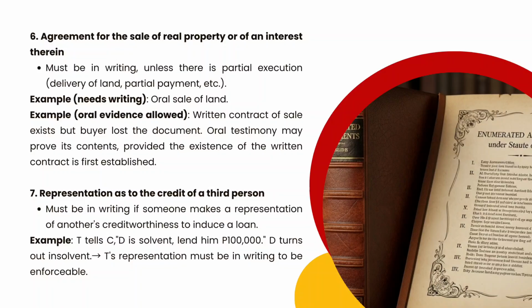It is necessary, however, that B first present proof that the written agreement really existed. 7. Representation as to the credit of a third person. Example: D is seeking a loan from C. T represents to C that D is solvent and has a good credit reputation. Relying upon this representation, C extends a loan to D, who actually is insolvent. The representation of T, which was made to induce the extension of credit to D, must be in writing to